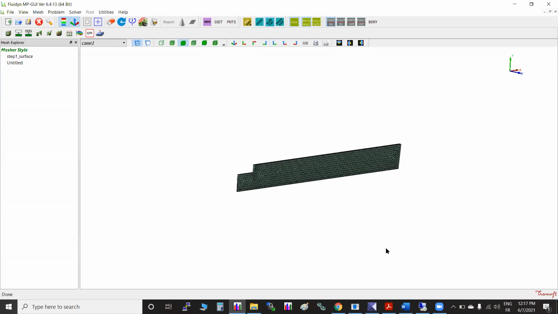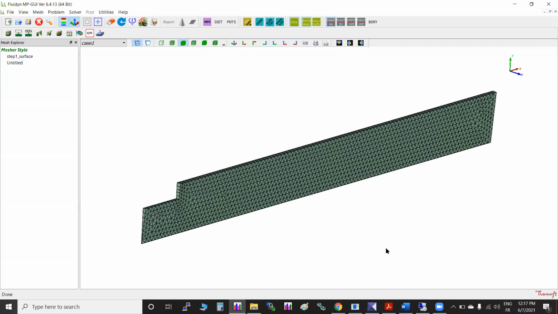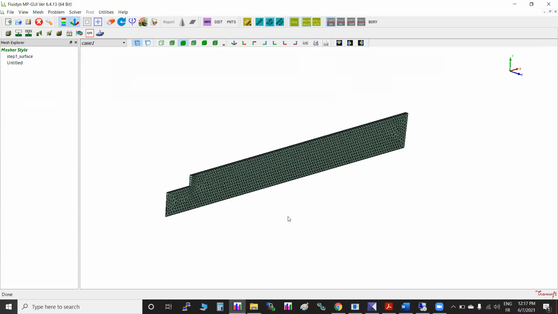So I hope you are understanding the concept of 2D and 3D. 3D is a real geometry, a real mesh. In 2D, there is a planar 2D and there is an axisymmetric 2D. So these two concepts you have to remember. Now going back to structured, whatever I am explaining here is unstructured. I have no control over the mesh except a few divisions here and there. But there is a mesh which is called structured.